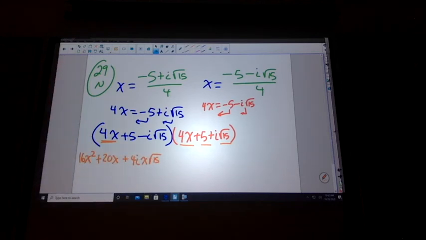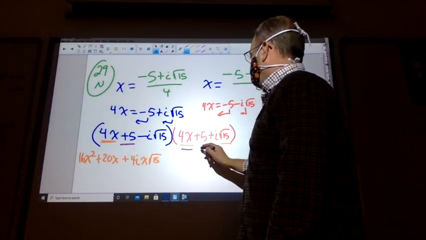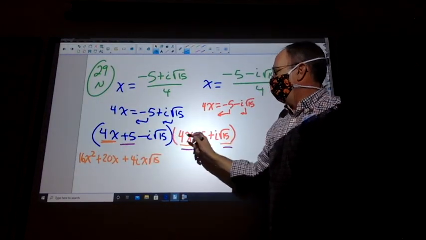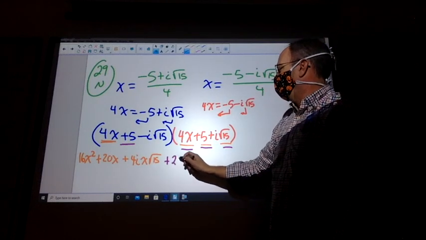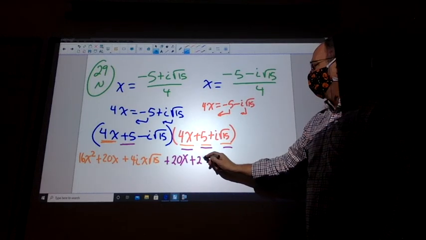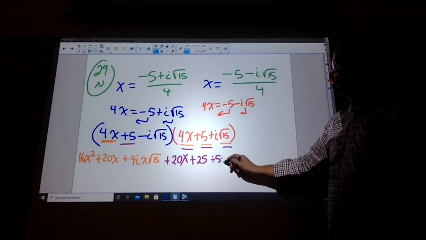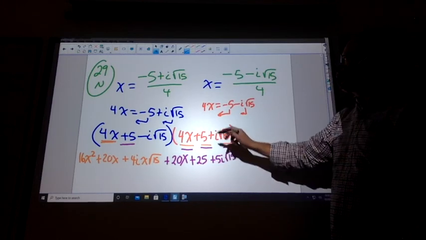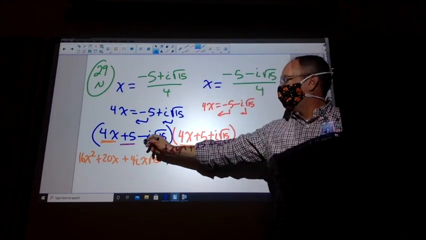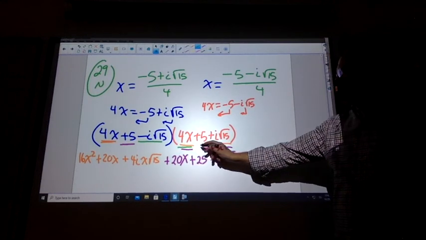Seem okay so far? I just distributed. That's all I did. Now I have to do the same thing with the 5 as well. So let's change colors. I'm going to distribute the 5 to each of these. 5 times 4x is 20x. 5 times 5 is 25. 5 times 5i root 15 is 5i root 15. And then the last thing, I'm going to distribute the negative i root 15 to here, to here, and to